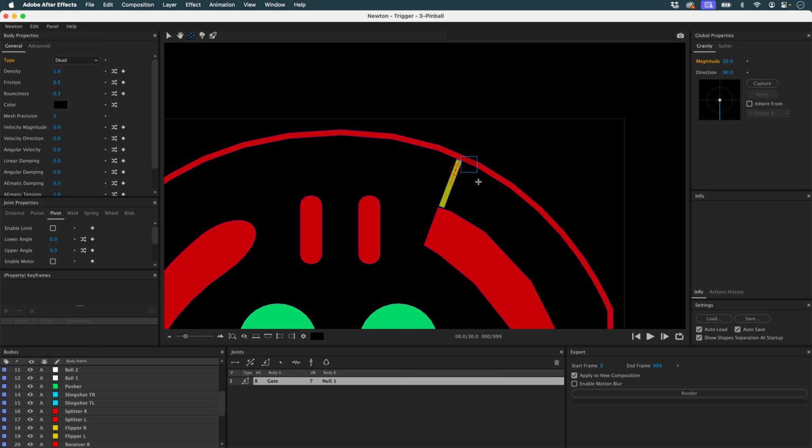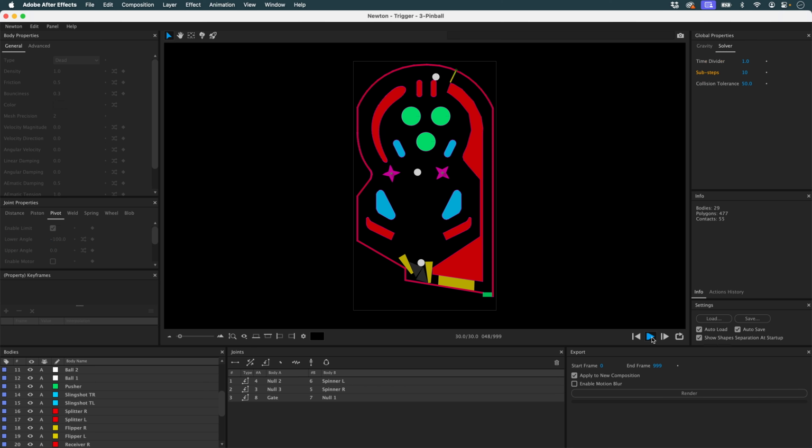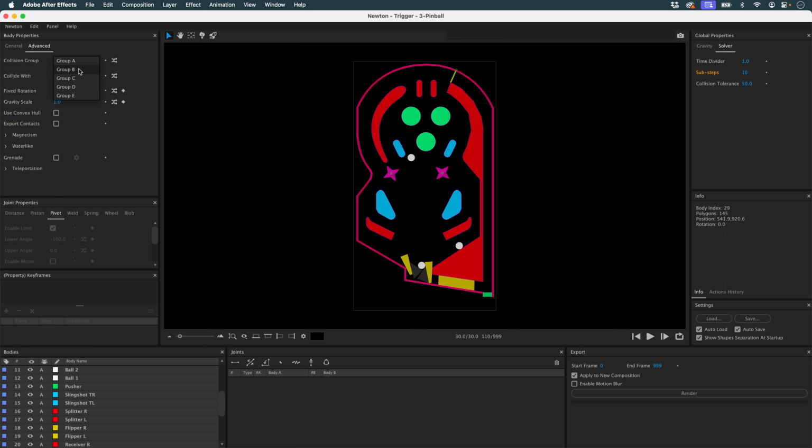And this pivot, I'm going to move its axis, and I'm also going to set a lower limit so that it can open. I need to put substeps here. I'll put 10. And we'll see what happens. This object must not collide with my contour. I'm going to put it in B, and this object won't collide with group B.